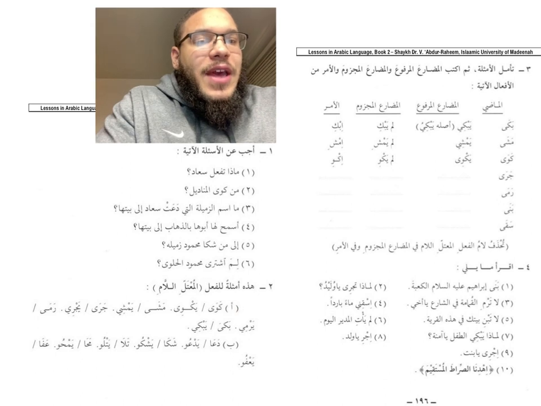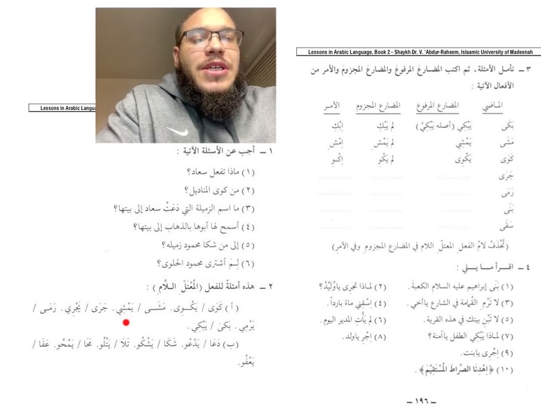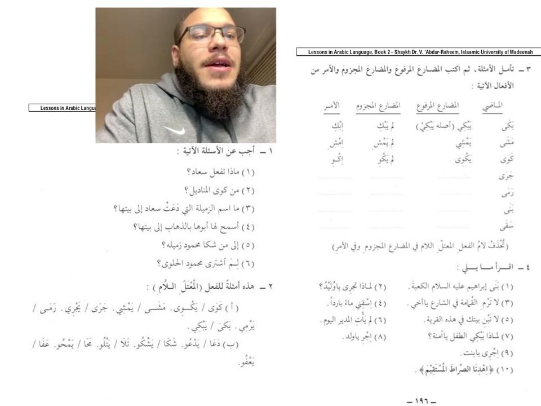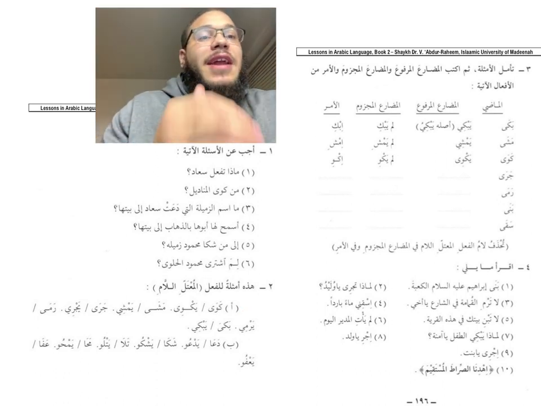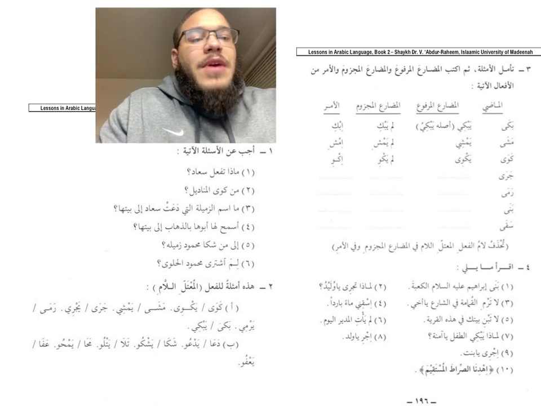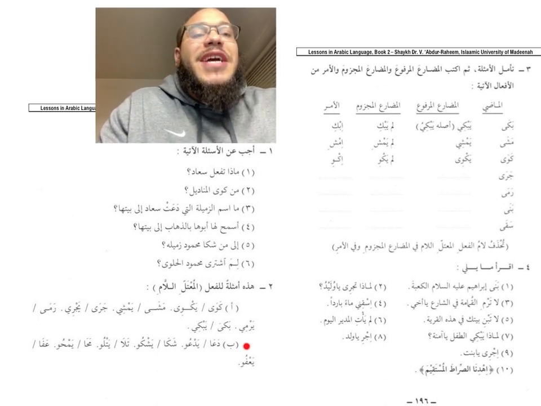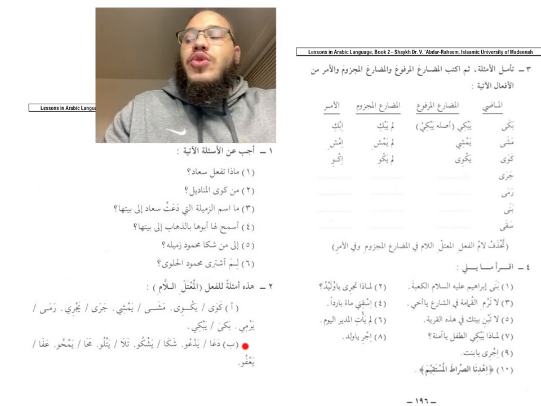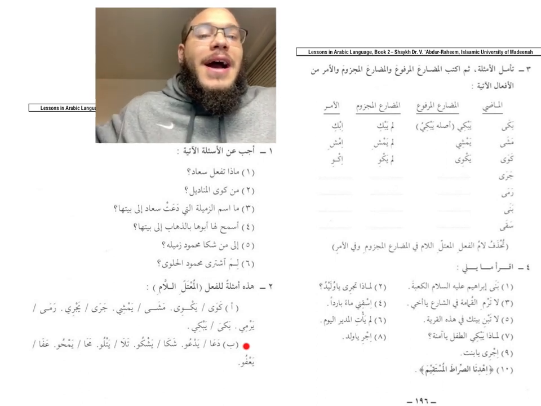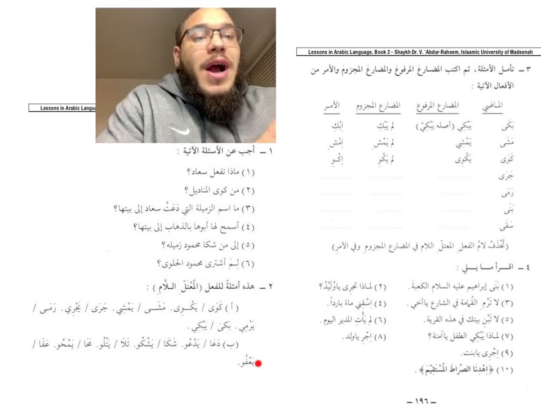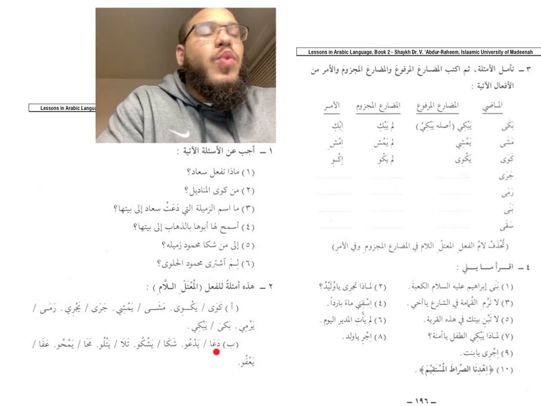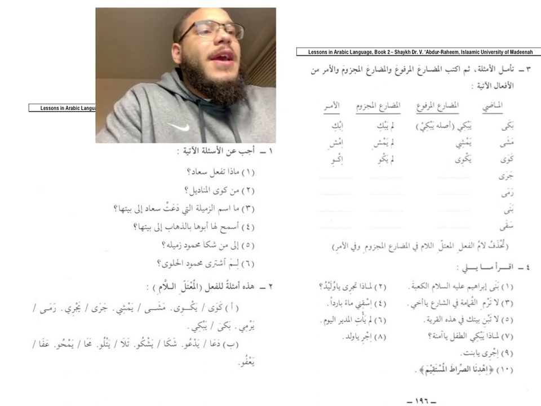So here it says alif, kawa yakwi, masha yamshi, jara yajri, rama yarmi, baka yabki. So all of these ones in alif, the example of them is that they become ya in the fi'l mudari', in the present tense. Then we have ba, da'a yad'u, shaka yashku, tala yatlu, maha yamhu, afa ya'fu. So these ones become dhamma, wow, as you can see in the present tense. The final weak letter, the alif, becomes wow. So here it mentions now تأمل